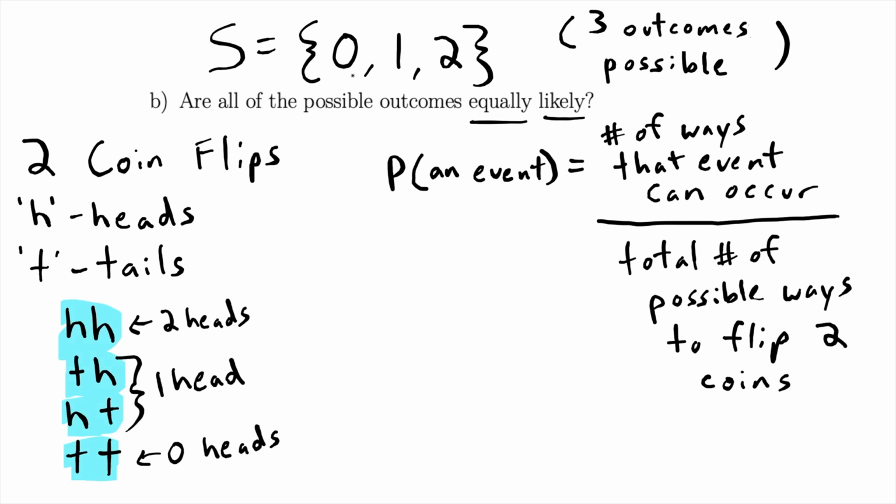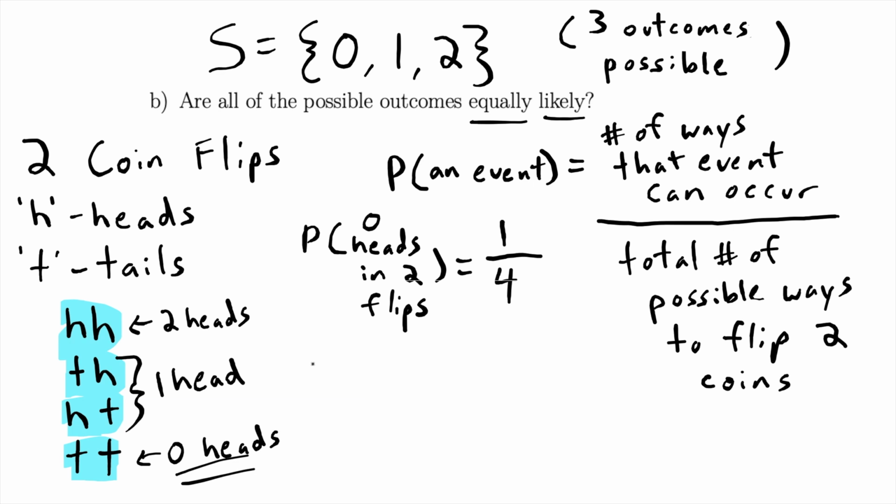So if we want to know the probability of getting, say, 0 heads, according to this principle, that's going to be the number of ways to get 0 heads divided by the total number of ways that you can flip 2 coins. So the probability that you flip a coin twice and you get 0 heads is 1 out of 4,